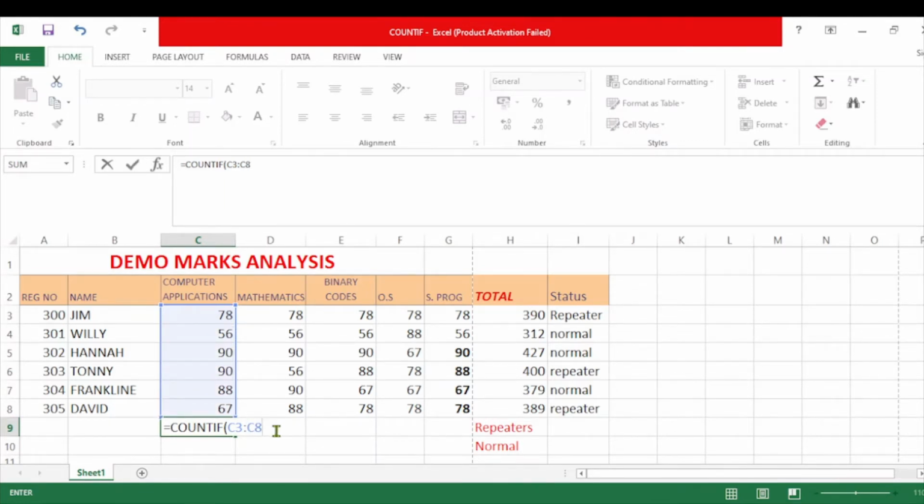After you input the range, you can see the range is already highlighted. Then this is followed by a comma, and then already the worksheet is asking me for a criteria. So what criteria do I want to use? Whatever is contained here are numbers: 78, 56, 90, 90 again, 88 and 67. So for the sake of this example, I may use a criteria like greater than or equals,